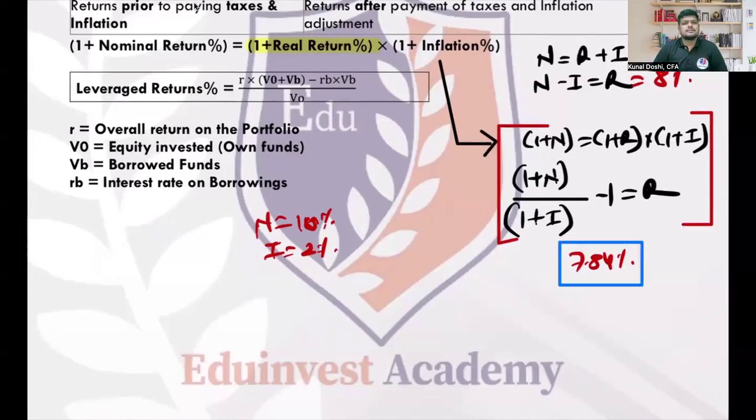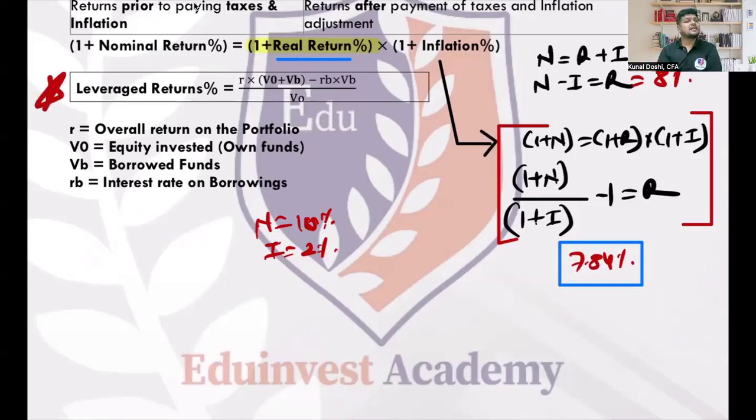Everyone with me on this? Understood? Clear? Anyone? Any questions? What should I do in exam? Yes, in exam, the equation is 1 plus nominal return equals 1 plus real multiplied by 1 plus inflation. Mostly they will ask you what is the real return. So we do 1 plus nominal divided by 1 plus inflation minus 1. Got it? So it's not exactly 8. It's not exactly the absolute way. Any questions? Anyone on this?